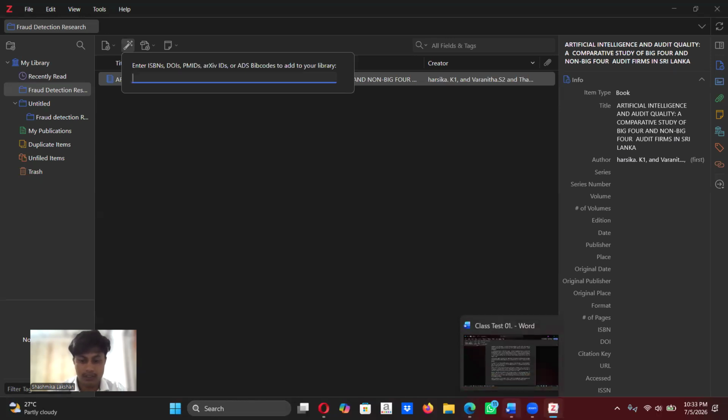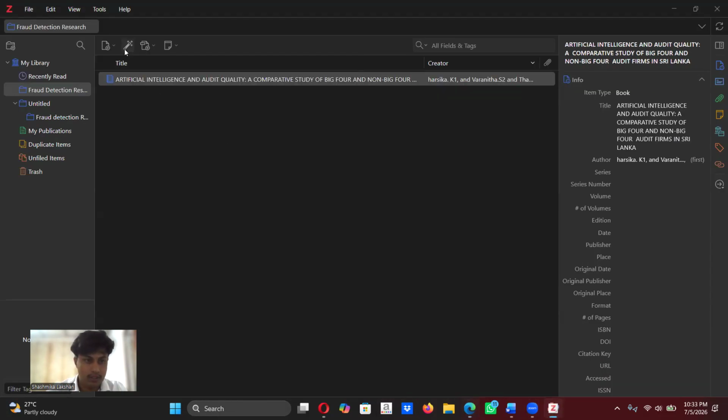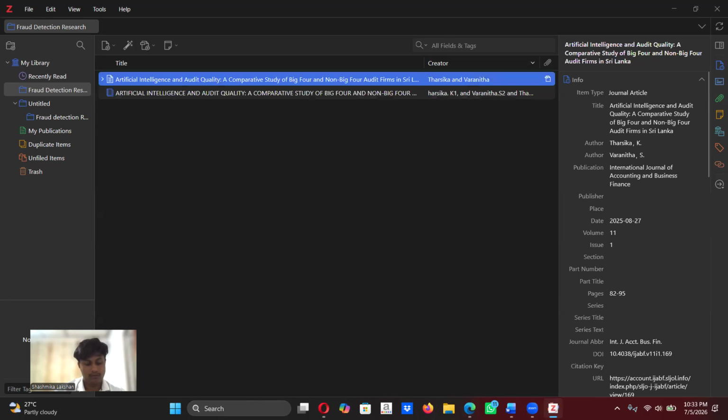Then I use this document and copy this DOI number, and using this icon enter the DOI number and enter. As you can see, all the reference metadata is automatically generated.